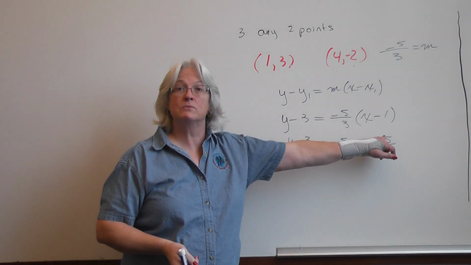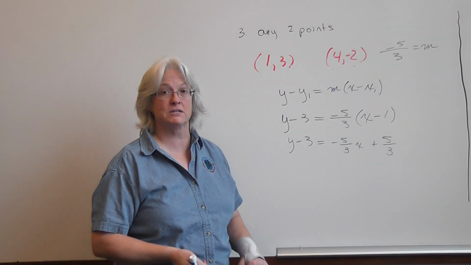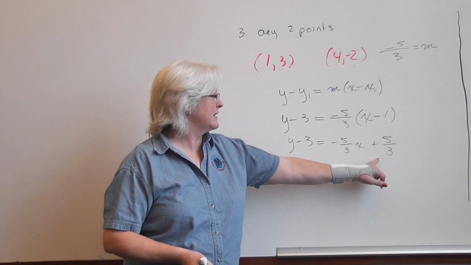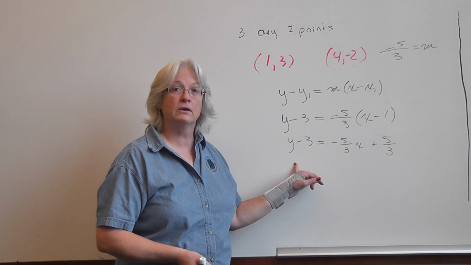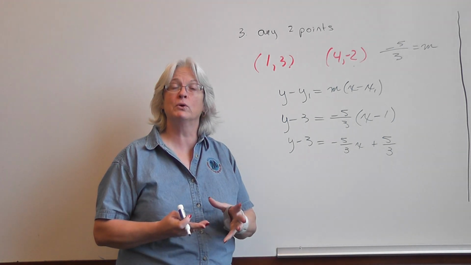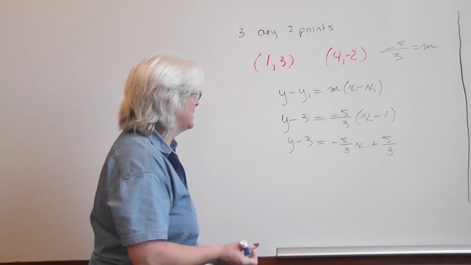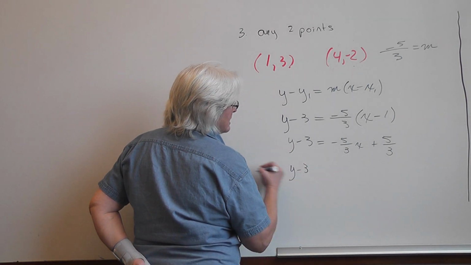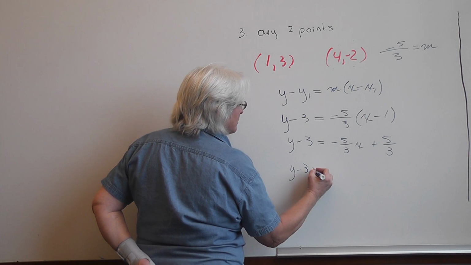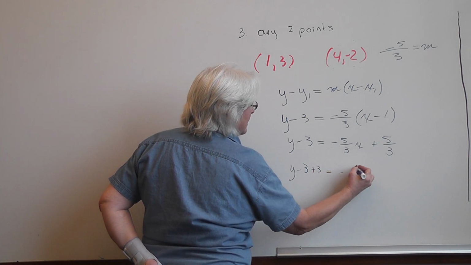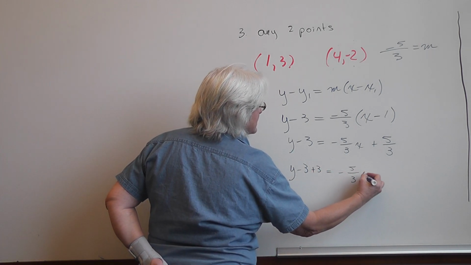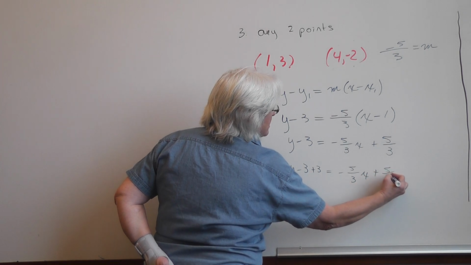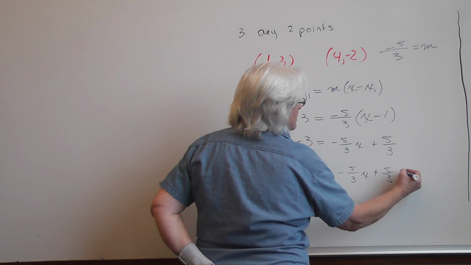Negative times a negative is a positive, isn't it? Plus 5/3. Now, I'm going to go ahead and put this in the slope-intercept form of the line. I'm going to do this by isolating my y, adding a 3 to both sides of the equation. Negative 5/3 x plus 5/3 plus